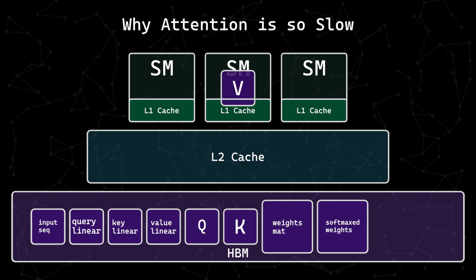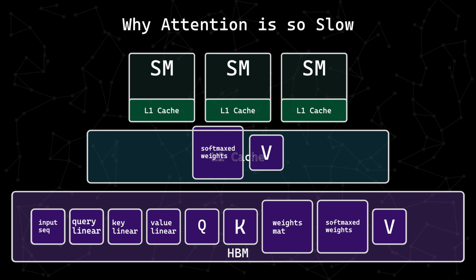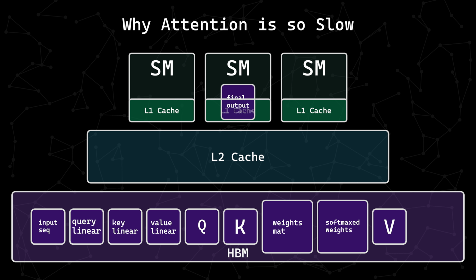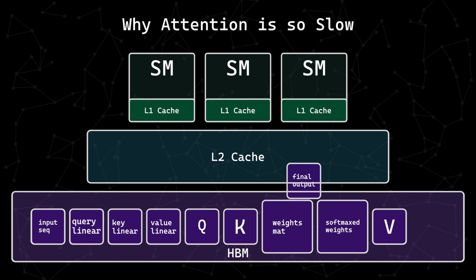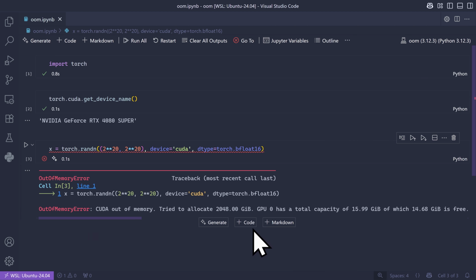The crux of the problem is that no matter how we do things, this massive weights matrix must be fully materialized, which means S times the number of bytes of our data type amount of memory must be allocated somehow, inevitably in HBM, or we end up facing the dreaded out of memory error. In order to navigate this challenge, we need fewer reads and writes to HBM. It'd be ideal to take as many values from the original Q, K, and V matrices, saturate our cache, perform all of the operations on them while they're still in our cache, and then write only the final result back to HBM, never to be touched for the rest of the attention computation.